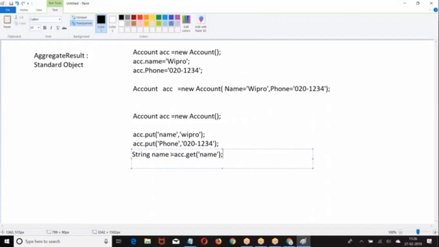Now the value of the field can be a string or a decimal, or I am not sure. There is a reason you have to give acc.get of name field. Whatever value we are getting, convert it into the form of string. Why? The value of the field can be a string, a decimal, a date, a lookup, a number. I am not sure what the field value is.